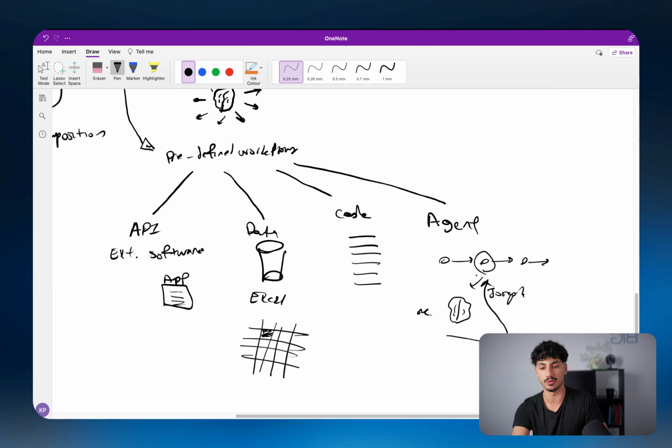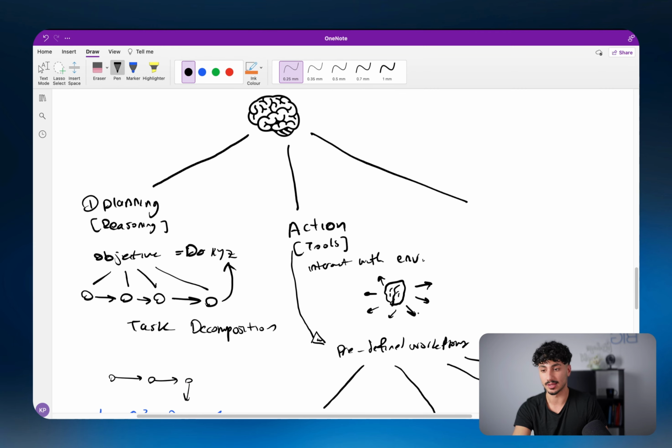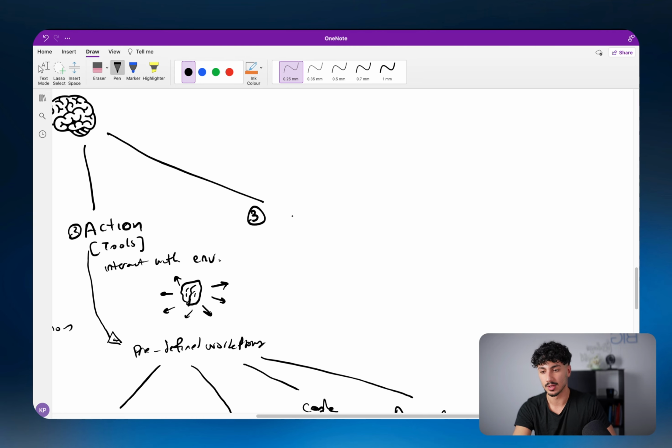Now, this is an example of a multi-agent system, which just means multiple agents working together in order to achieve that objective. And usually we use this because each of those agents is specialized in a certain field, and it also reduces costs and all that sort of stuff. Cool. So the second capability of AI agents is that they can take actions, and I'll put number 2 there. And the third capability of AI agents that makes them super powerful and realistically just makes them work, because it wouldn't work without it, is the capability of memory, or the ability for the AI agent to remember things.